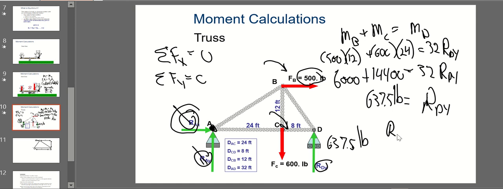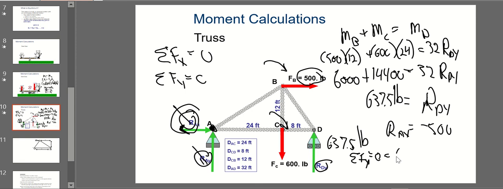So that means that RAX has to be equal to this, but going in the opposite direction. So it's going to be a negative, basically, 500. Really, this arrow would now go in the opposite direction. 500 this way, got to have 500 this way. Okay? Down here, I got 637.5 going up. I have 600 here going down. So what's left over? You can do this as sum of the forces in the y equals 0,